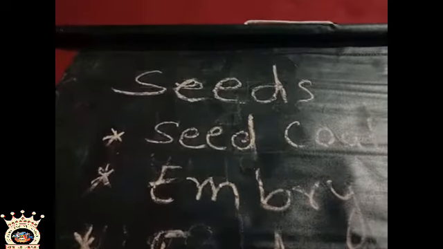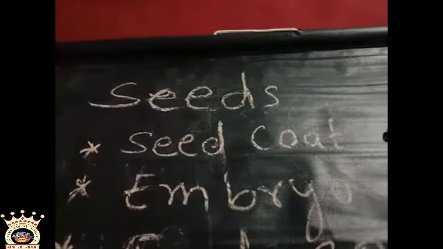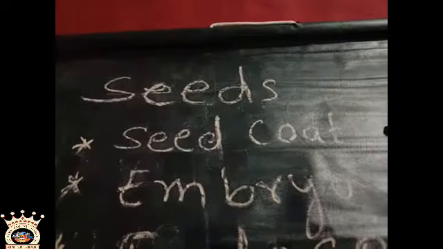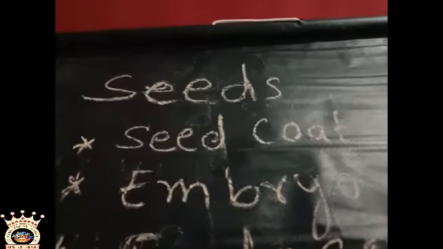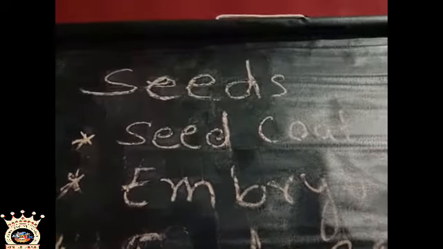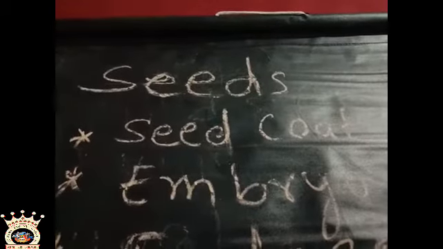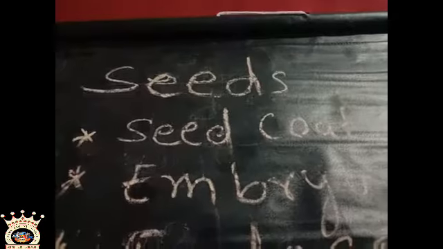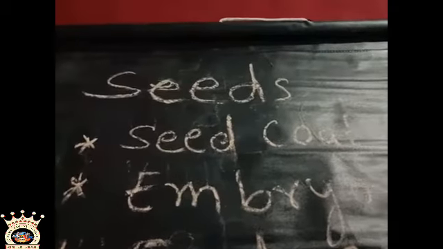In this video we are going to learn about seeds. A seed is considered a matured ovule which contains a tiny plant known as the embryo. In the last video we learned about the ovule. Inside the ovule the female cell is there. When that fuses with the male cell it forms the zygote, and that zygote forms the embryo. So that ovule we can say is the seed.